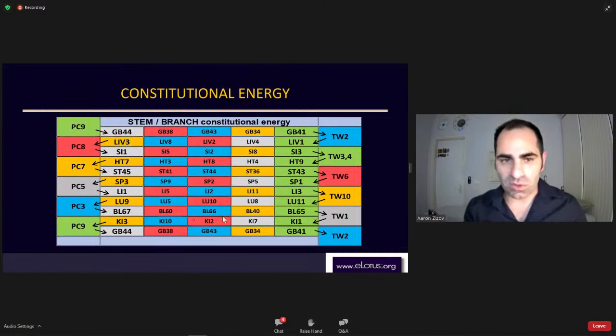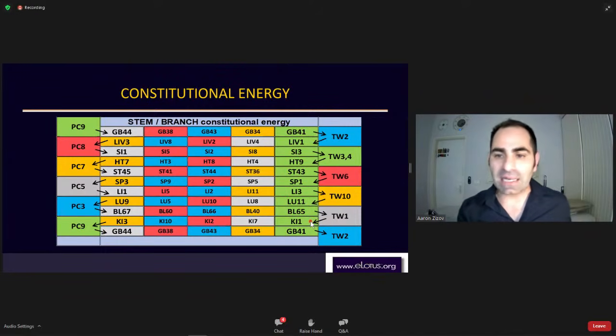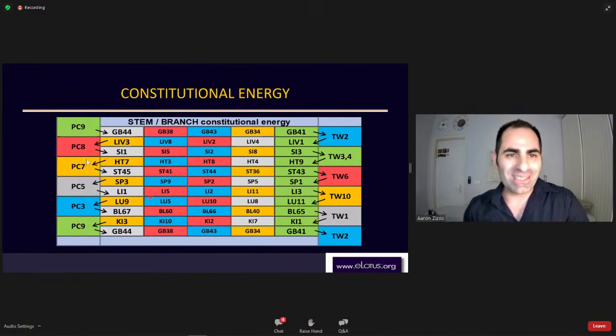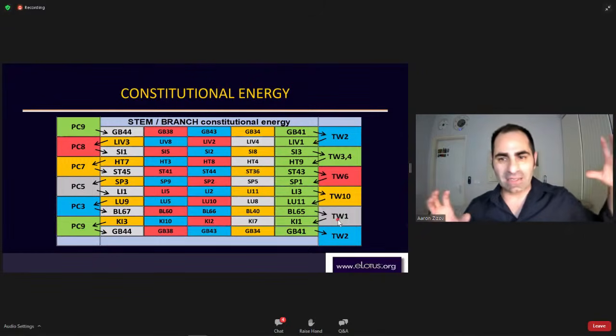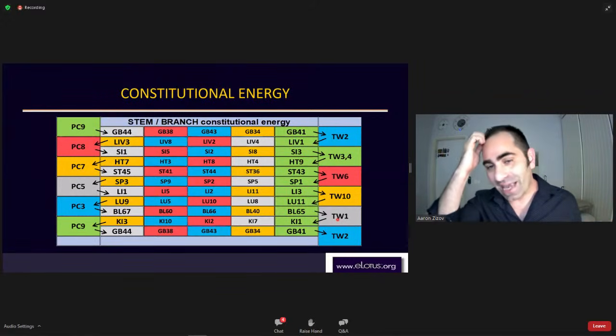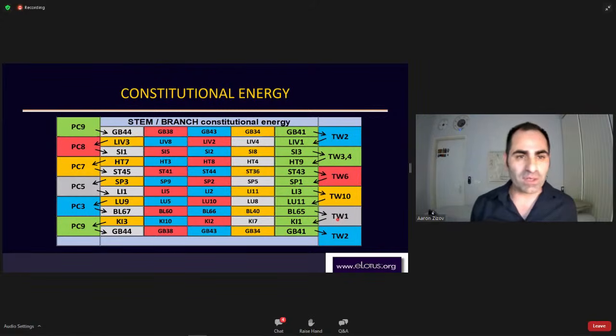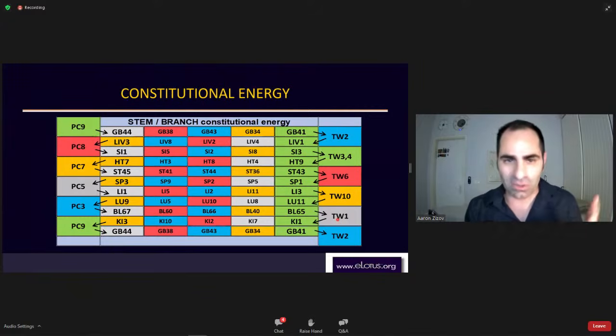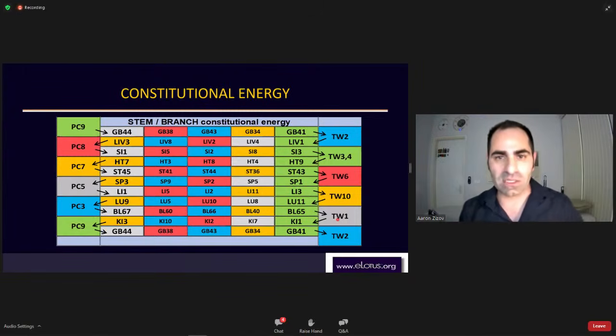But the most important points are those on the sides, okay? Those that are connected. For many kinds of problems, like fertility problems, I will use Pericardium 9 with Triple Warmer 1. These are the 2 points that are the start and end of the cycle, so this is like a restart, actually. So for every case of fertility that comes to me, in the first treatment I will use these points, with the other combinations that I will use in the treatment according to the diagnosis. Okay, but basically, this is the way I work with this constitutional energy.